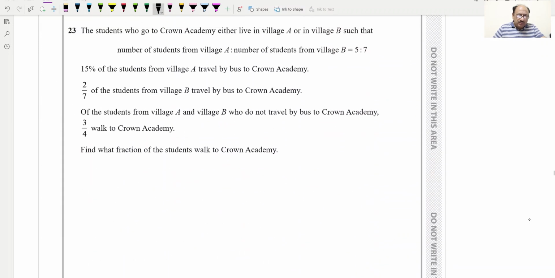Now question number 23. Question 23 says the students who go to Crown Academy either live in village A or in village B, such that the ratio of the number of students from village A to the number of students from village B is equal to 5:7. Now they are saying 15% of the students from village A